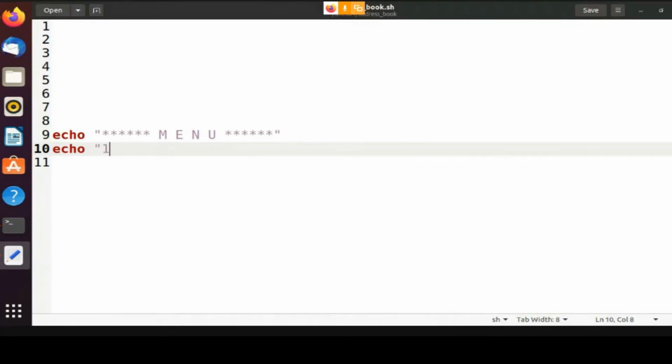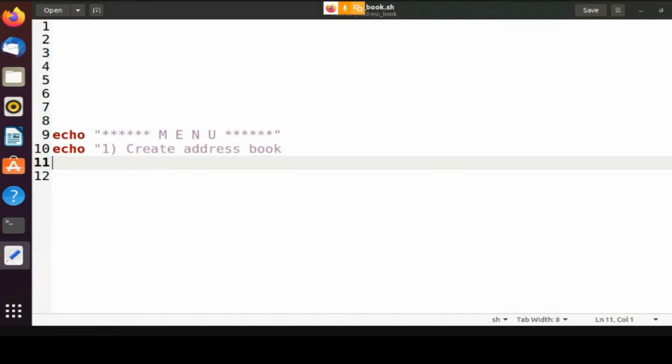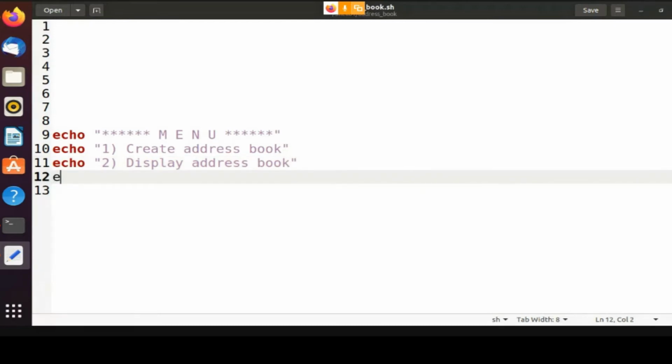The first choice is create address book, if it doesn't exist. Then we'll have display address book, and then exit.